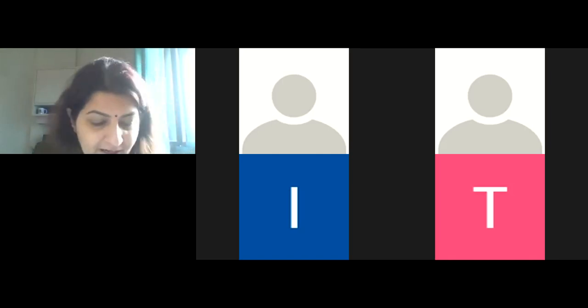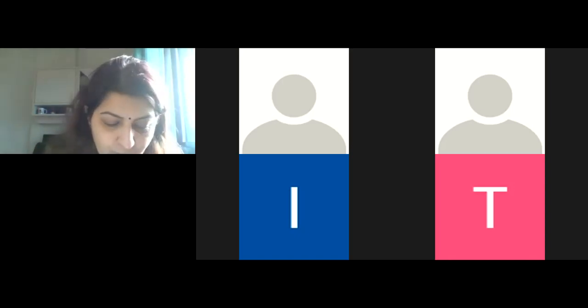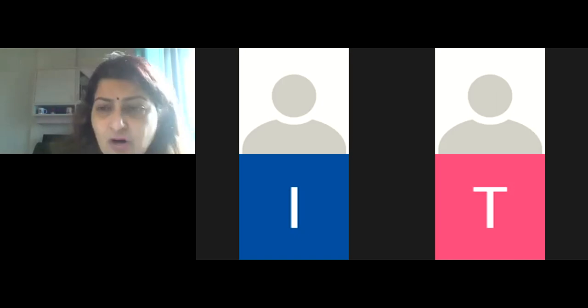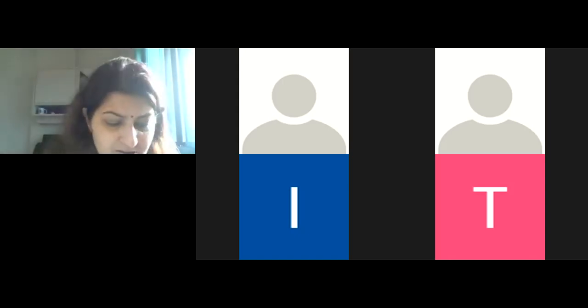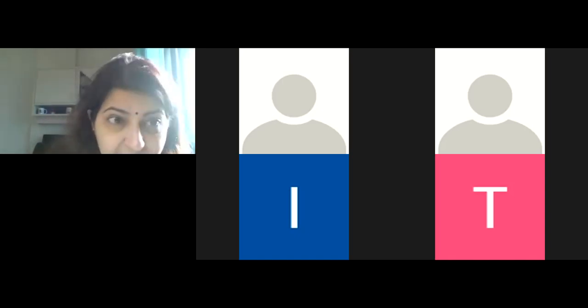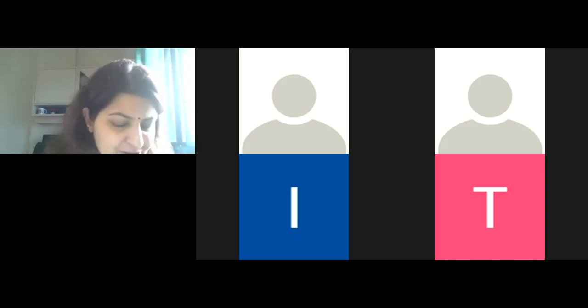The first redox couple given is Cl2 at 1.36 volt and Br2 at 1.09 volt. So between the two, which do you think is the stronger oxidizing agent? What is the parameter to define that a particular couple or species is a stronger oxidizing agent? Which will it be between the two? Between Cl, yes, Kanika? Cl2. Perfectly correct, dear.